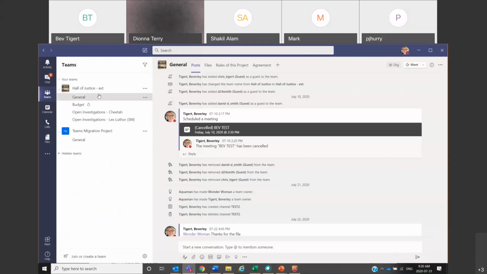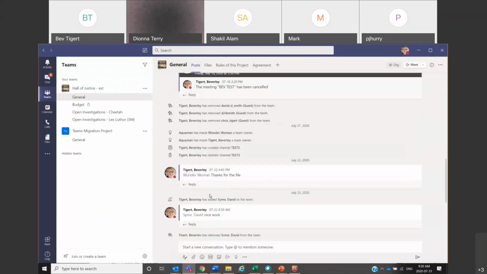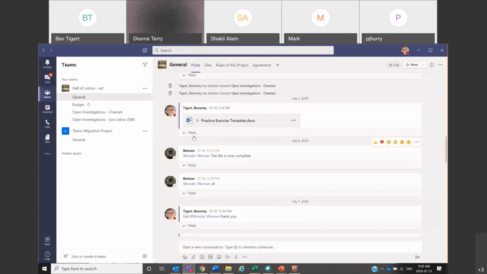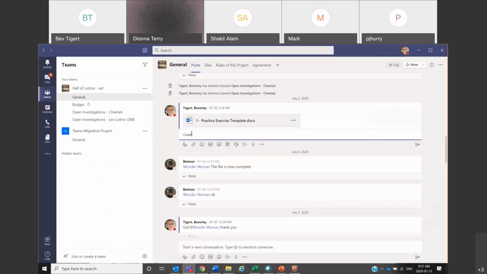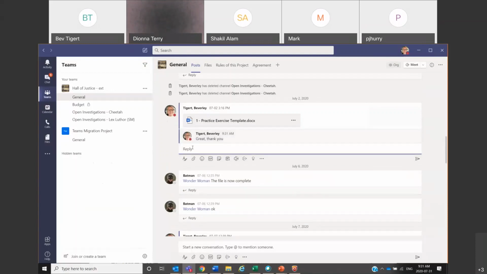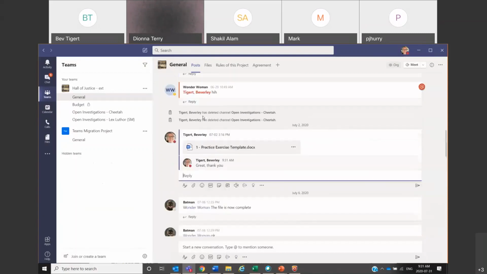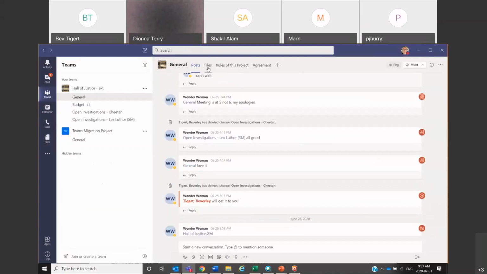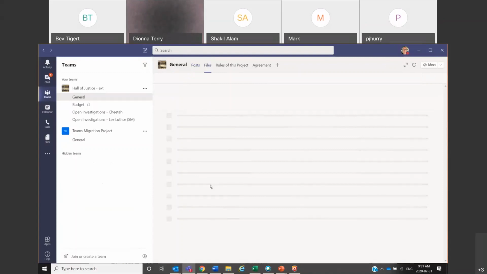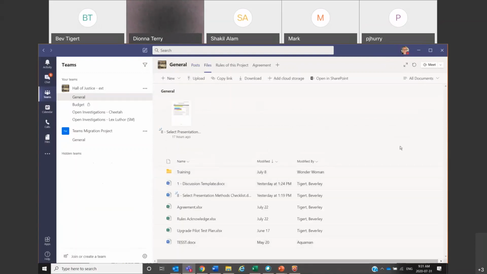So I'm just going to go back up here to my Hall of Justice general channel and go into my virtual workspace. Right at the top, you see I've got posts. So those are where all the chats are. Persistent and threaded. So threaded means that I can actually respond to this particular file and say, great, right? And now it kind of stays together. So that's what threaded means. You can see here in the Files tab, there are all the files that I have shared within this particular channel, which means everybody in this team, because I'm in the General tab, and it's our channel and it's good for everyone.